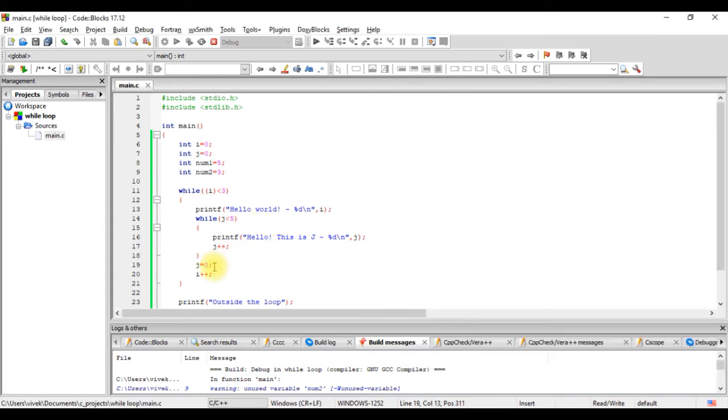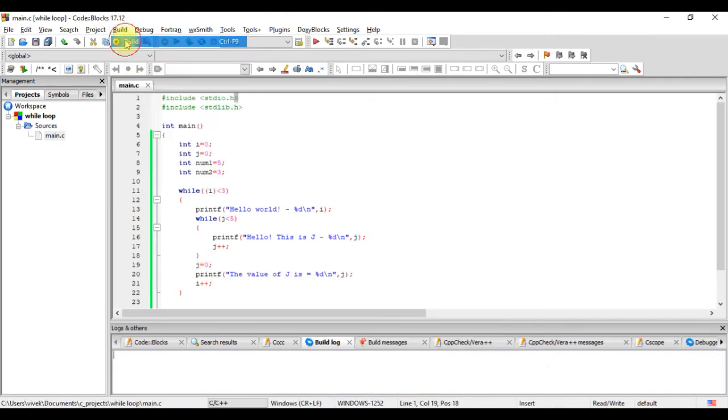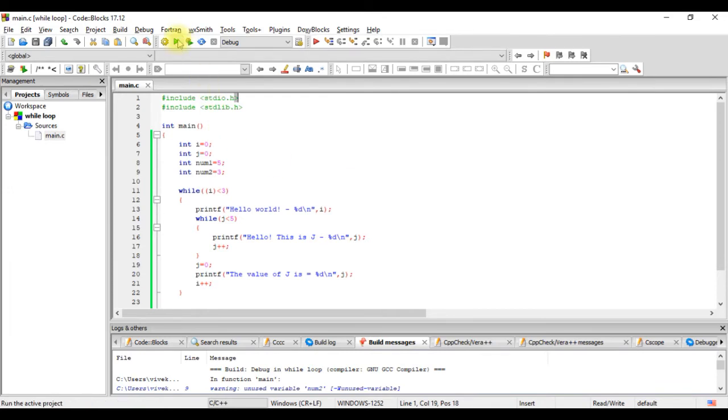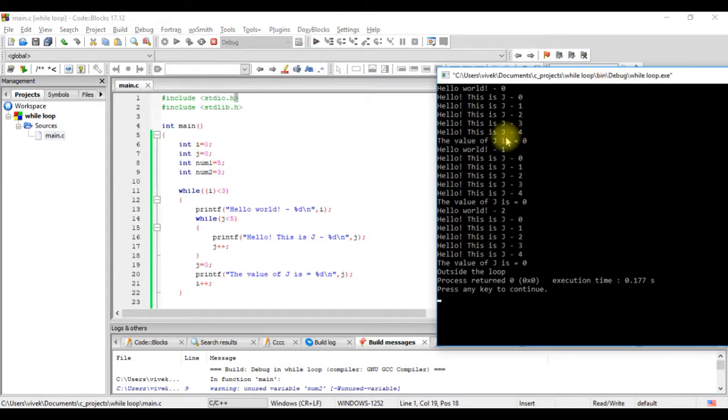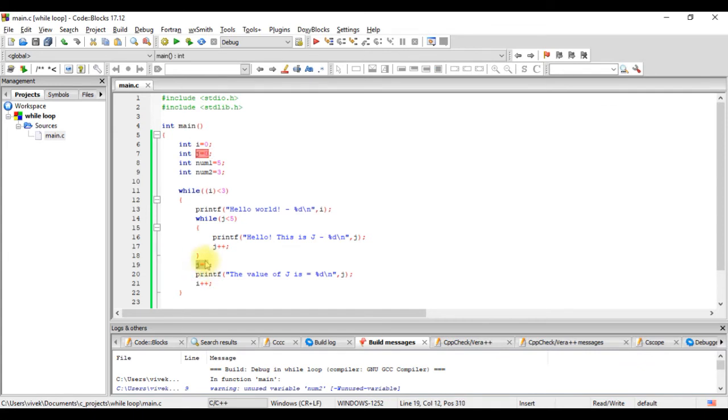Let's see whether the value of j is getting changed to 0 here or not. We'll print a statement. I build it again and I execute. So here we had the value of j is 0. So the value of j is 0 because just before the statement we changed it to 0, and we can see it here. Everywhere it shows 0.